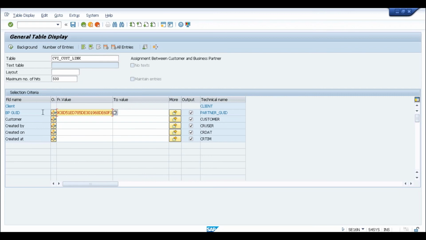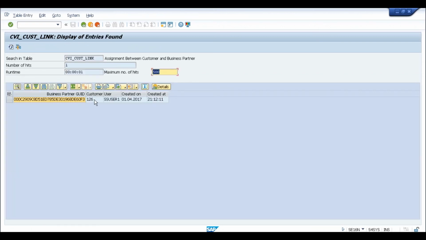If you provide the business partner GUID here, it will give you the customer number, which customer belongs to this business partner. Similar to the customer link, there is another table called CVI_VEND_LINK, which will provide the link between your business partner and your vendor.